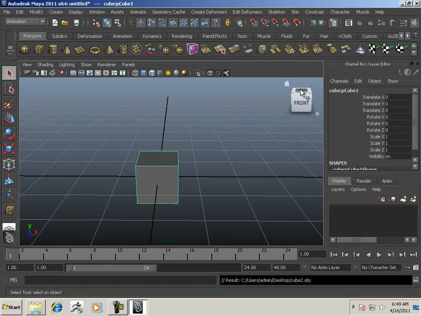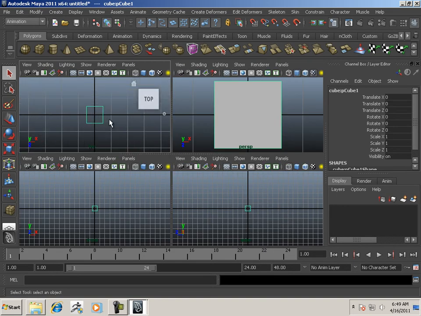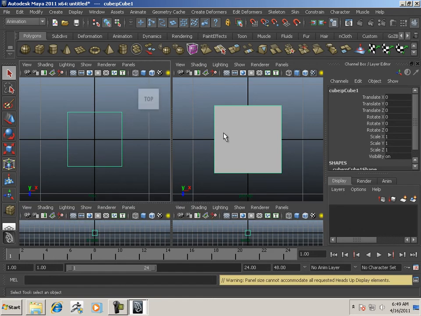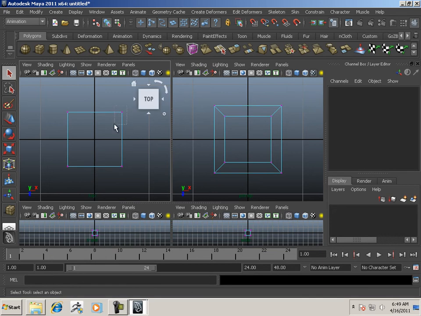I'm going to go to the top view here. Then I'm going to show you the orthographic top. Orthographic top is correct. Cube top bad. Okay. Why? Well, let me go into wireframe on this side just to show you. This is what it's supposed to look like, because in the orthographic view I should be able to click